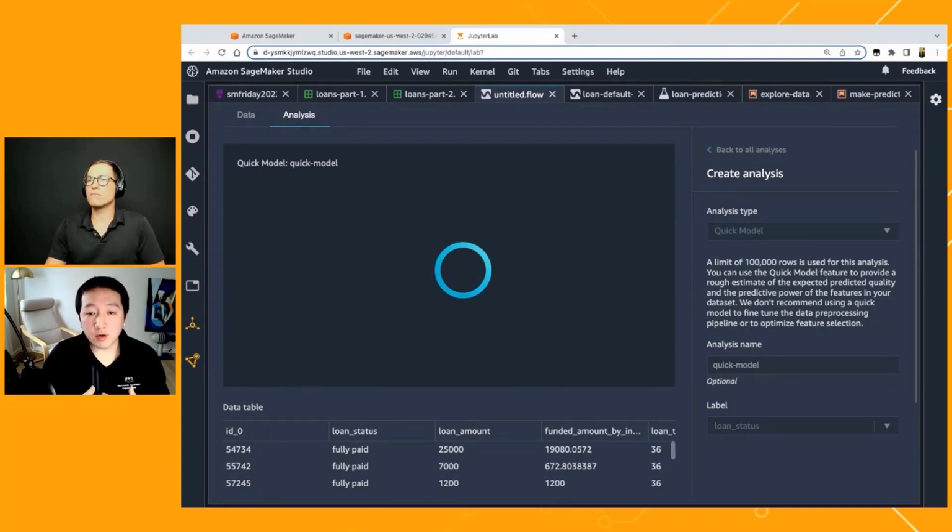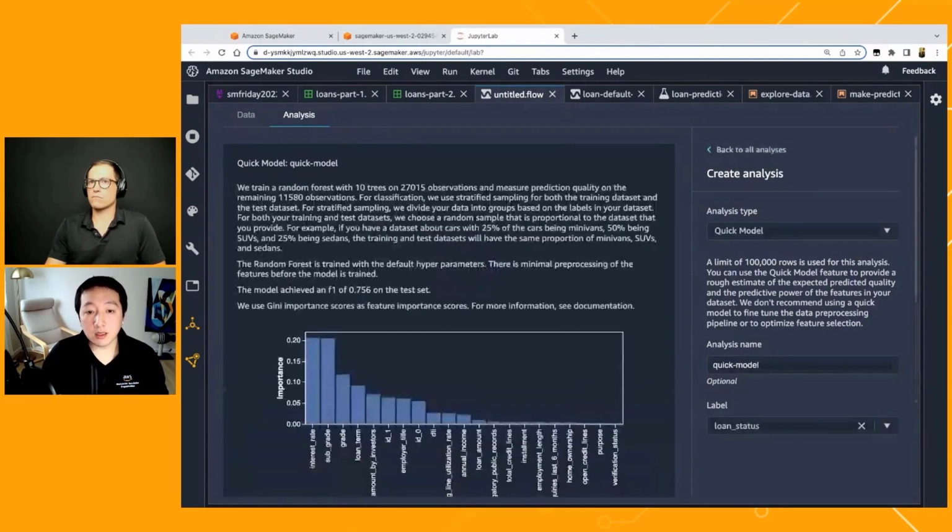Transformation is made very easy for typical tabular or structured data machine learning use cases. With Data Wrangler, it offers more than a hundred built-in transformations that allow you to quickly transform the data without much coding, but also allows the flexibility of using your own custom code to transform the data.